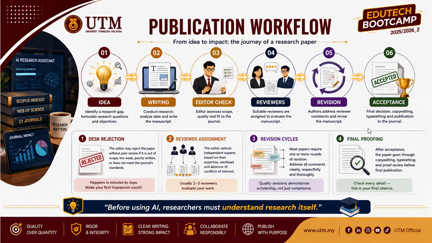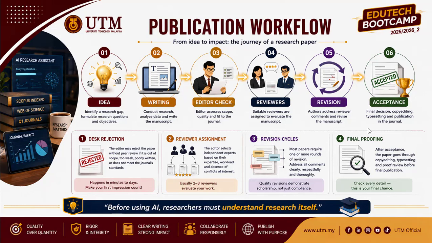So the publication workflow, you see when you use AI. The process starts from the idea. For example, now I have to work on AI. This is the idea I had to work on. This is the main identifier, because I always start from the idea of where I want to work. Now the idea is that I want to compare the feedback generated through an AI tool. For example, questionnaires and multiple choice questions created through AI, and others manually developed by the students. So what are the key differences between these tools?